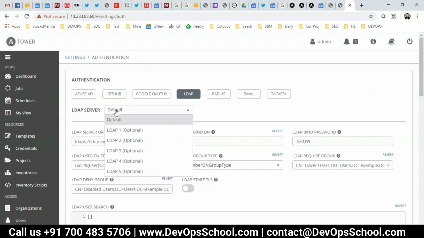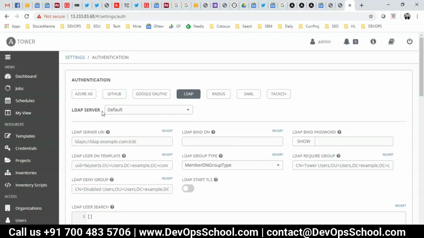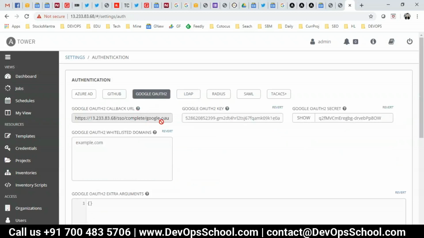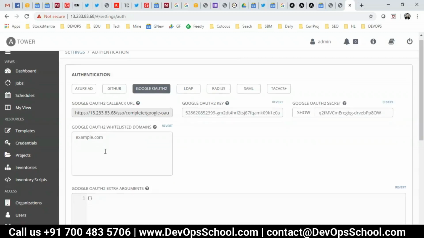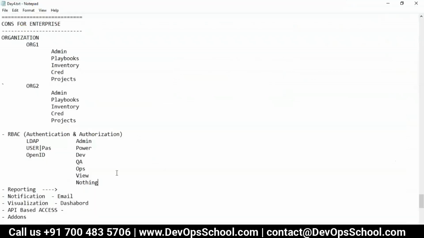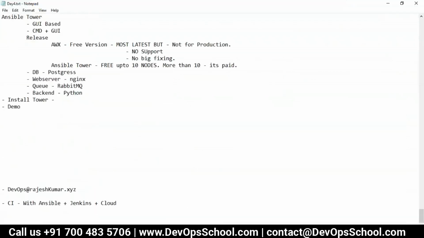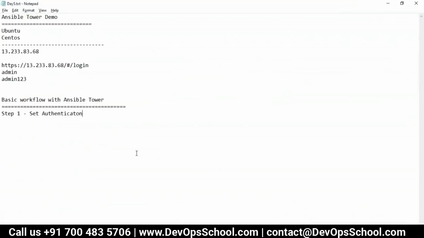Here you can add multiple LDAP also. See here, default LDAP 1, LDAP 2. So this is the authentications. Simple. Now this is done. After that, you have to go and create